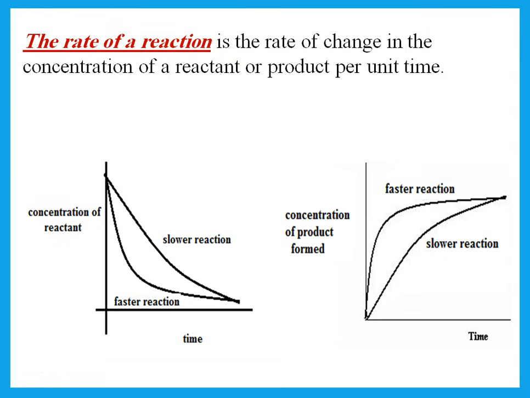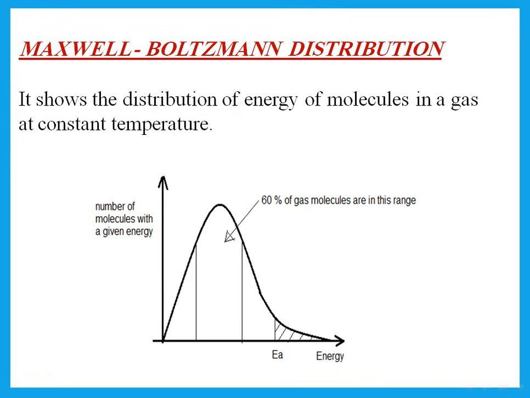Or we could measure the concentration of product formed with time. As the reaction proceeds, concentration of product increases. The faster it increases, the faster the reaction. And you should note that the units of rate is concentration per time, so that is mole per decimeter cubed per second. If you remember from the AS syllabus, there is a Maxwell-Boltzmann distribution that shows the distribution of energy